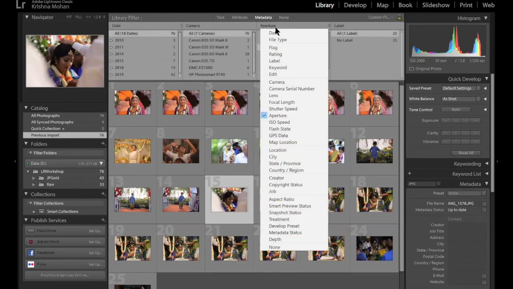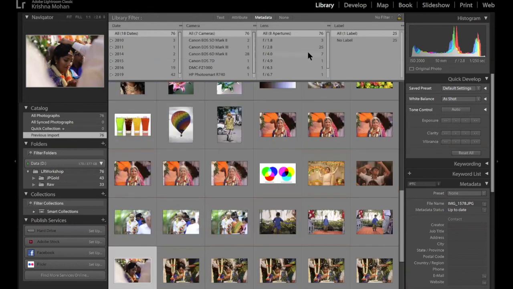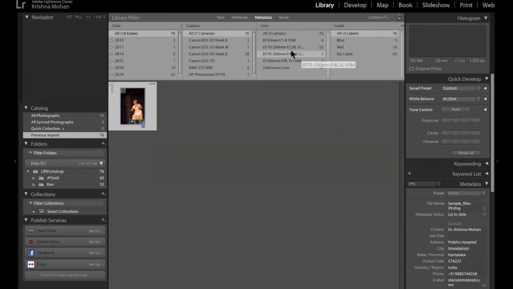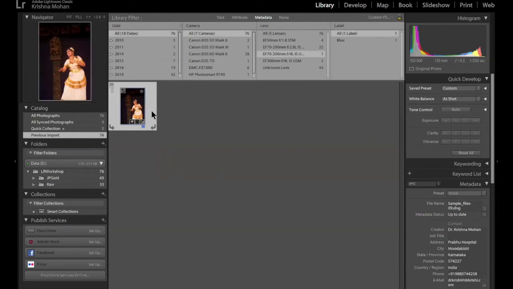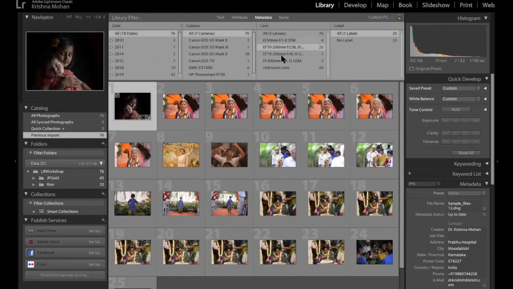Now, this is very useful. Suppose you want to sell your lens. You can see that for the 70-200 f4 lens, there is only one picture. So I realized that I've clicked more pictures with the 2.8 than the f4. So I sold that f4 lens, then went for the 2.8 lens. That is how you judge yourself, with all your options, and then you can select and choose whatever photographs you want.